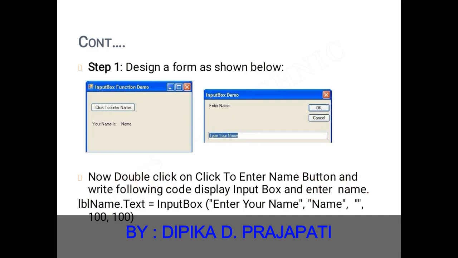First we take a text box, named lblname.text equals input box, Enter your name, and give the values 100 and 100. Here 100 and 100 are the x position and y position. Enter your name is the prompt, and this is our default name.